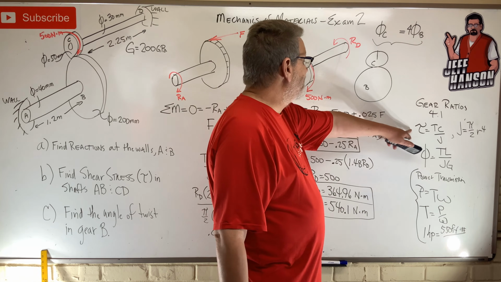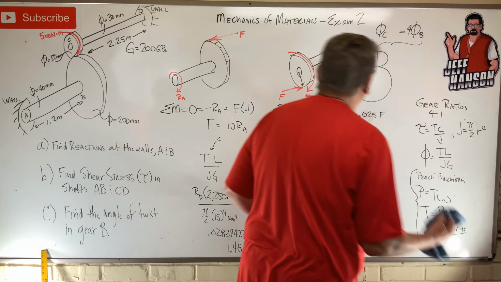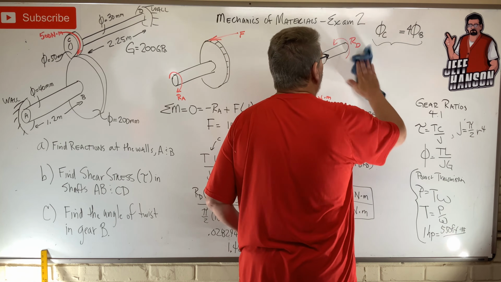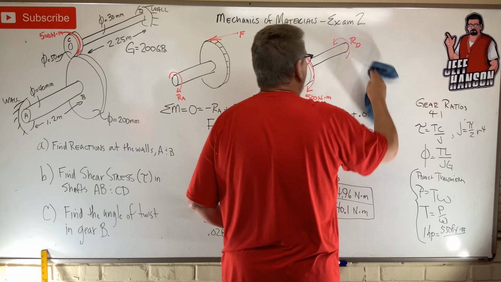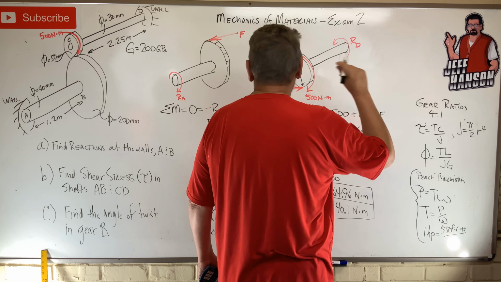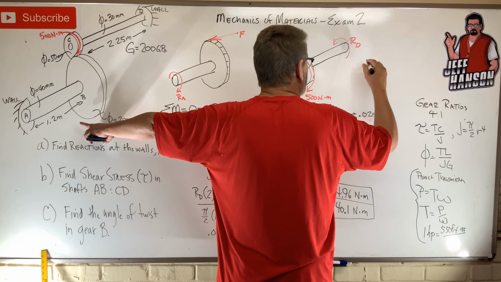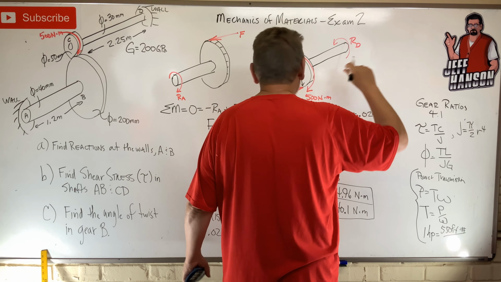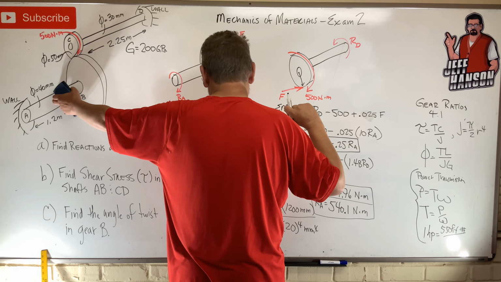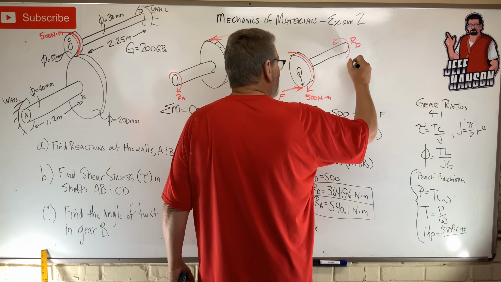Well, here's our equation right here. Let's make us a little bit of room here. Let's do it right up here. Okay, we got, let's do AB. The shear stress is Tc over J. Now what's the torque in that section there? The torque in that section is RA. So